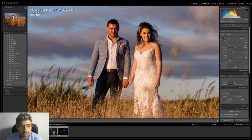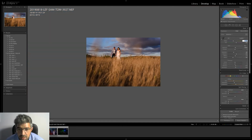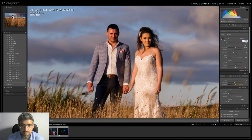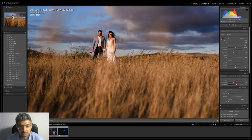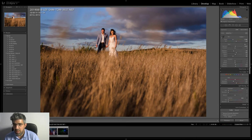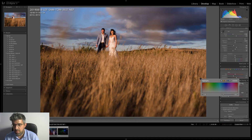Let's see how it will work on the overall image. I like this one, so I'm going here to decrease a little bit more on the reds, the saturation, and maybe open a little bit of the luminance. And that's the overall image. Maybe I will add some yellows to the highlights to reinforce this golden hour,